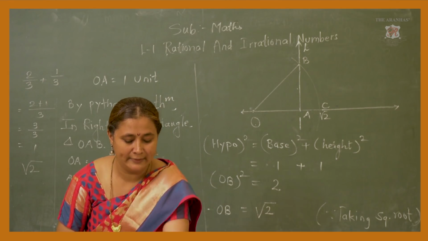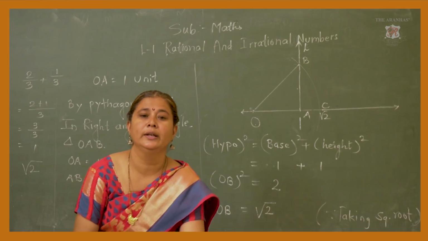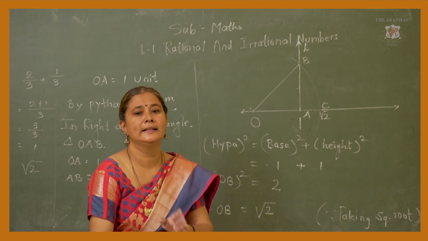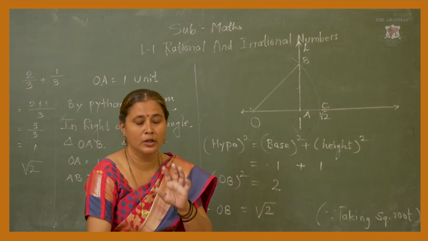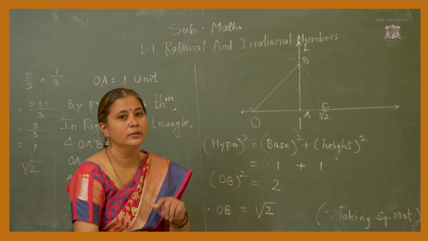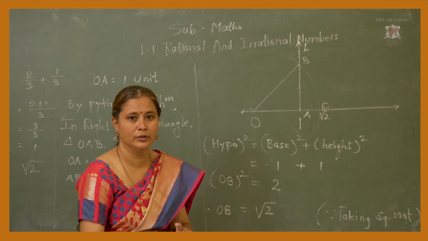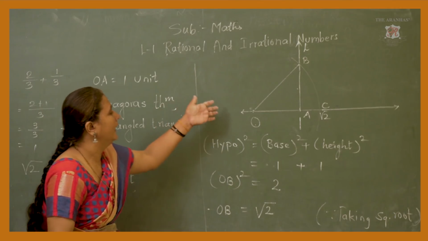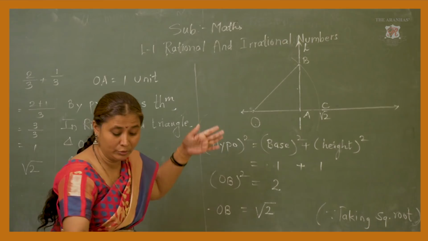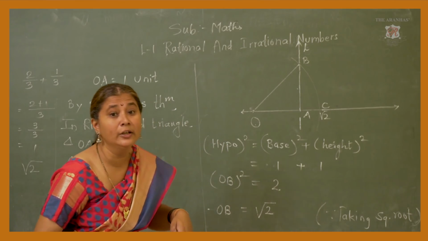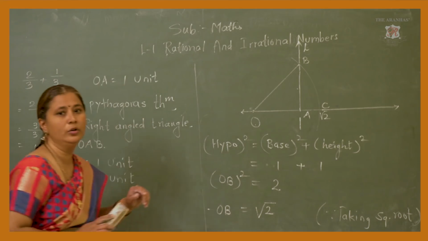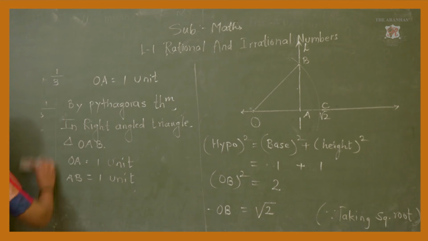Now, in standard 8, it is new for you. For 9 standard, 10 standard, you have to solve these types of activities to solve the sums. So, listen carefully and see also. On the board, I have already drawn root 2 on the number line. Now you have to see how to solve the activity for root 3. Now, see here.